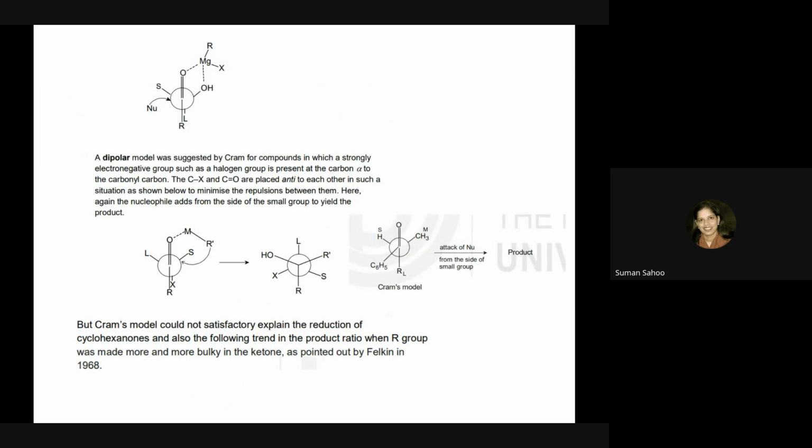So there are different examples. Next, this Cram's rule could explain many different examples, but it could not explain satisfactorily the reduction of cyclohexanones. And when the bulkiness of this R group was increased, it failed to give the product ratio, because in that case there were some other products. He was predicting that this one is the major product, but in that case it gave other ratios, and the product ratios could not be